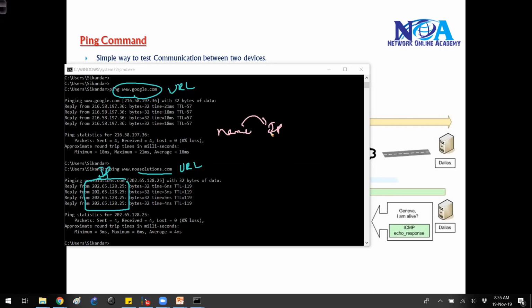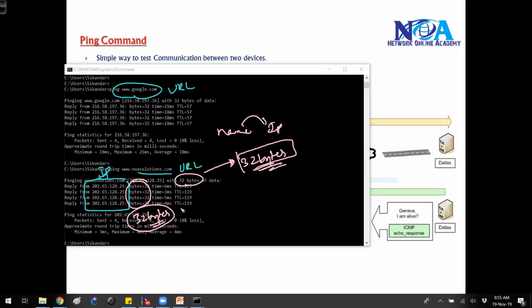And the next thing, you also see something called payload. As I said, the ping echo request is going to send out small packets to the IP host, and generally the small packet size will be 32 bytes. You can see here, this is 32 bytes, and the reply is also coming as 32 bytes. So the default payload or default size of the small packet sent by the source machine will be 32 bytes, and the reply also comes with the same 32 bytes. So this is like a default.